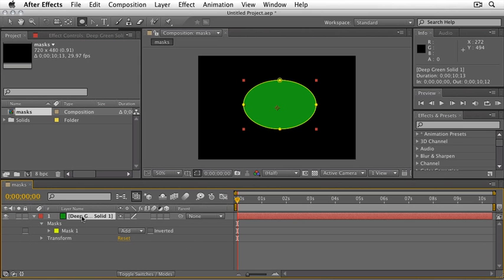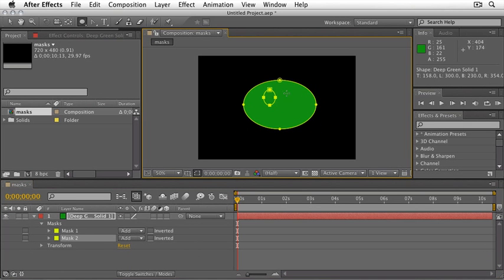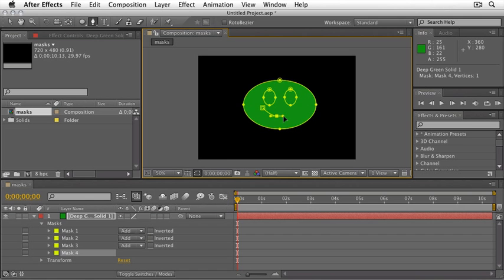And there you go. I can keep on clicking and dragging to create new masks on this layer. I can create little eyes here. Let me create a little face. I'll use the pen tool to just create a little smile here. And there you go. As you can see, every time I clicked and dragged, a new mask was added to